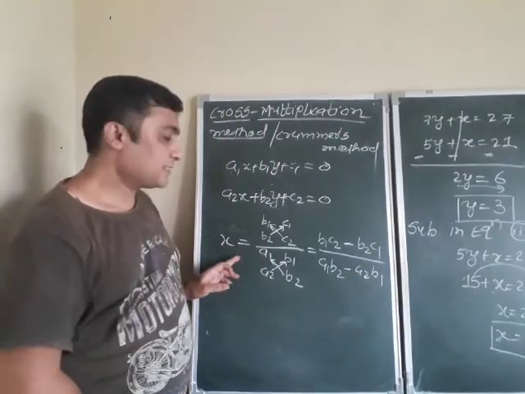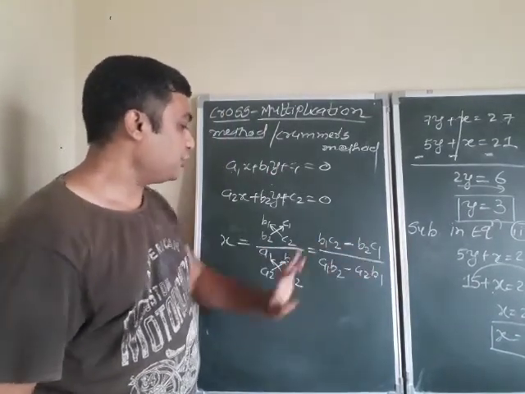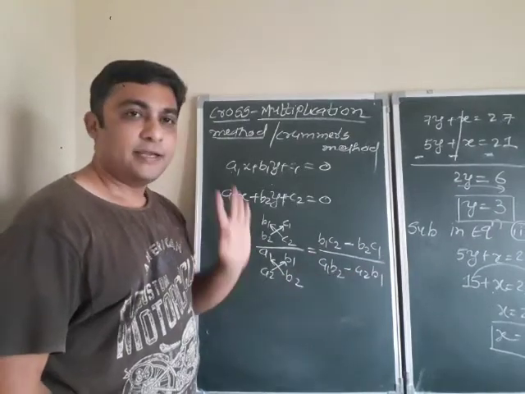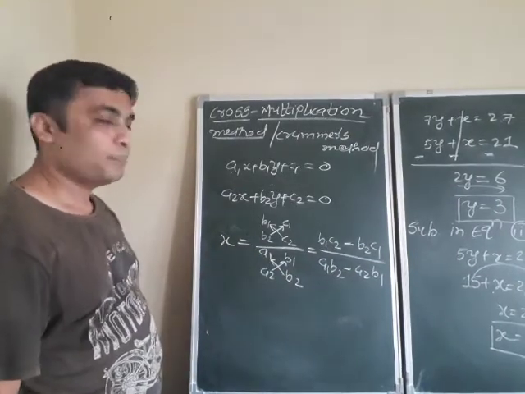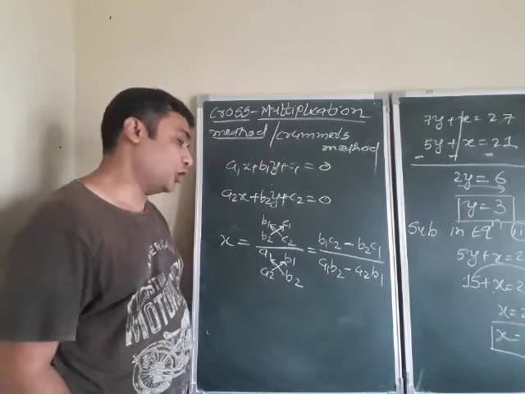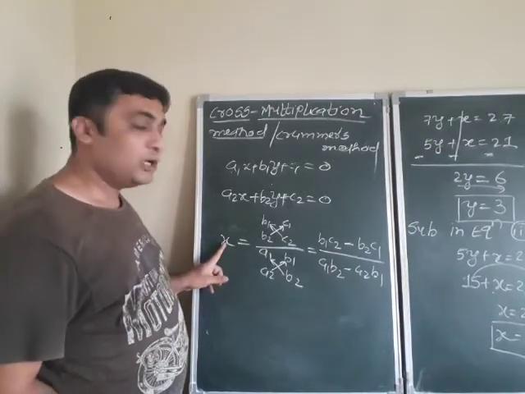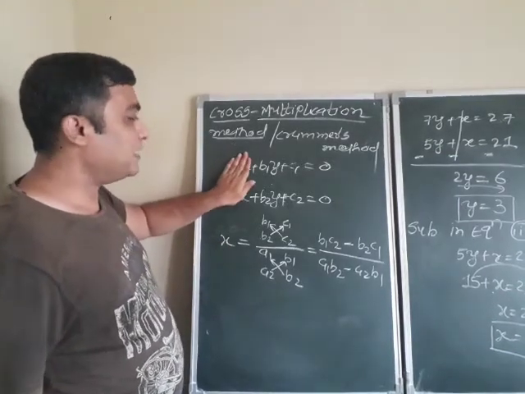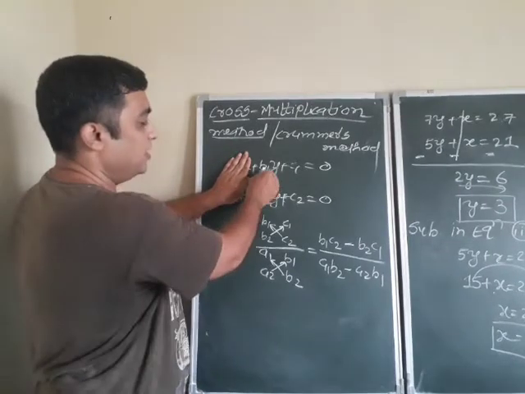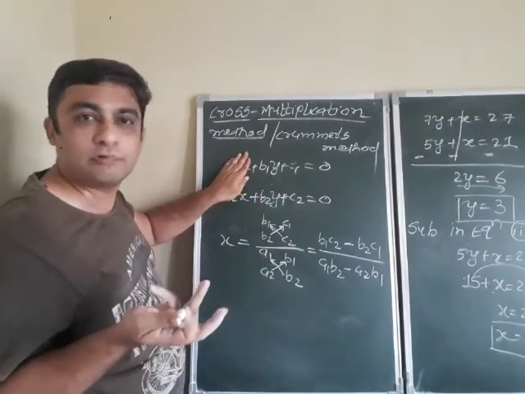So the solution of x is equal to (b1 c2 minus b2 c1) upon (a1 b2 minus a2 b1). So x is solved. May I explain repeatedly? Sure. See, which variables do you require to find x? If you want to find x, hide the x. b1 b2 c1 c2. Very easy.